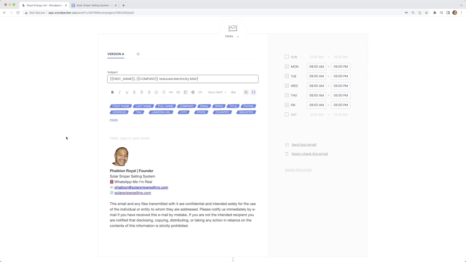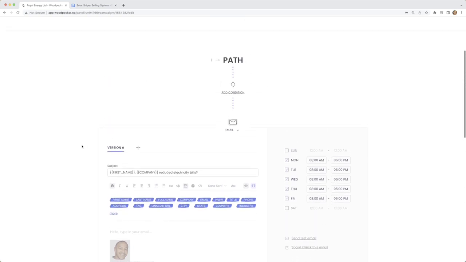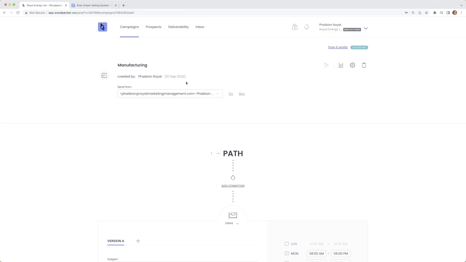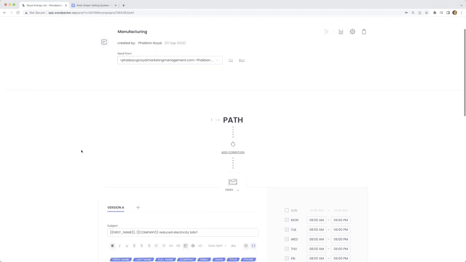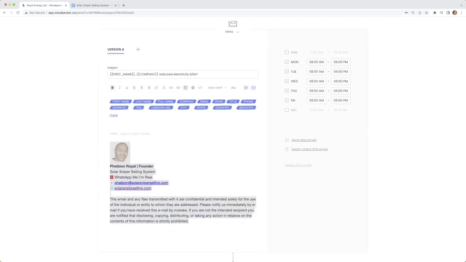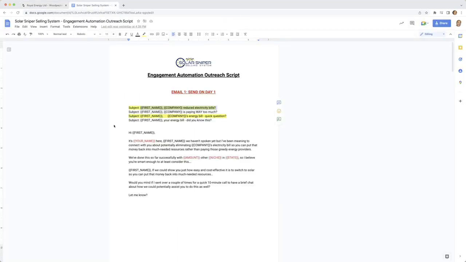And then we're going to put the email body into this section. And you can see that the signature is already here. And that's because we did this in the back-end tech setup, so you guys don't have to. So just to recap slightly, when you selected which email you want to send it from, when you select that, it automatically populates the signature, just to make you aware. So I'm going to go back to the script, copy and paste the email here,